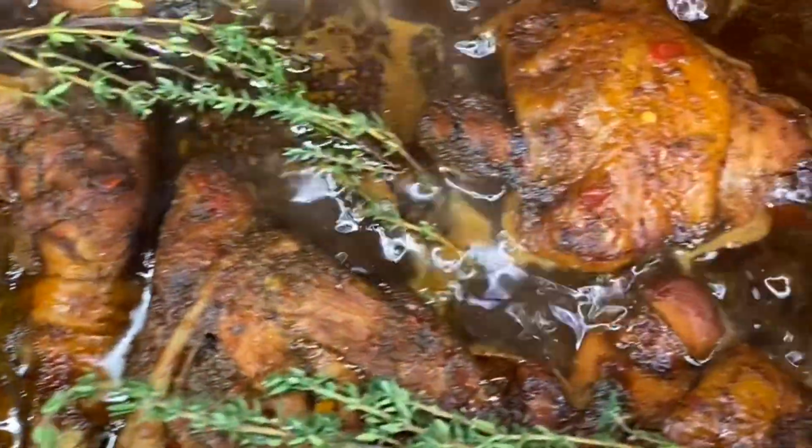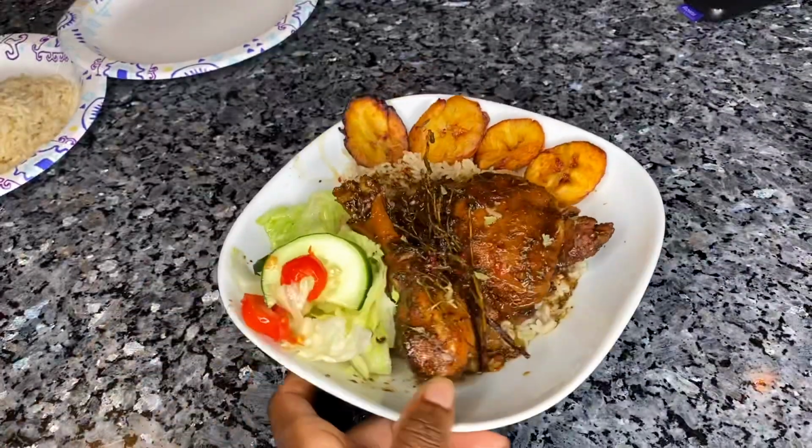So we got brown stewed chicken on the menu. And I'm telling you,